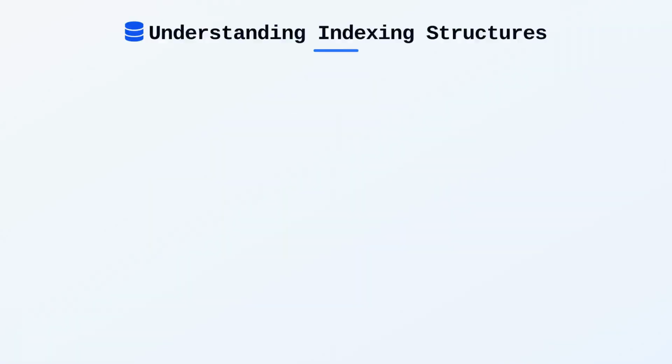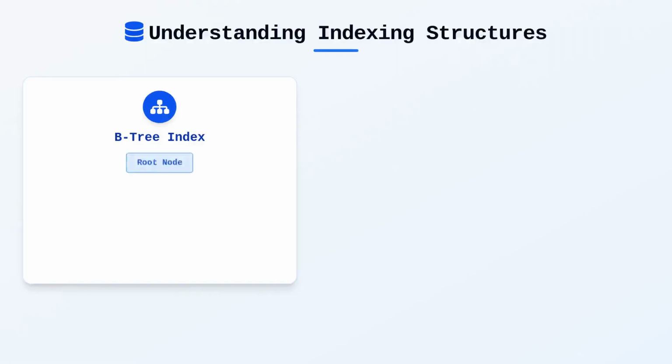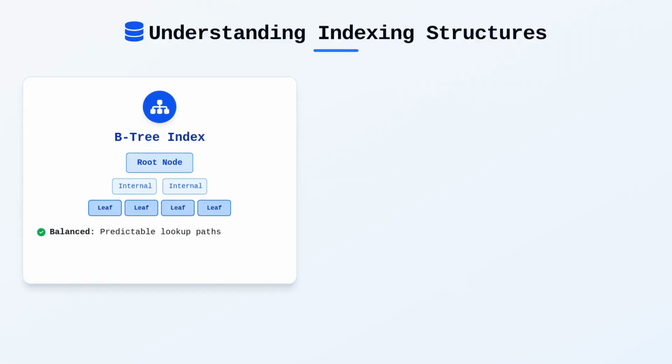To understand indexing, we must first look at the B-tree structure, which serves as the default storage mechanism for InnoDB tables. A B-tree is inherently balanced, meaning the path from the root node to any leaf node is always equal, ensuring predictable lookups. When you query a table, the optimizer traverses the tree, comparing values until it reaches the leaf level where the actual row data or a primary key pointer resides.